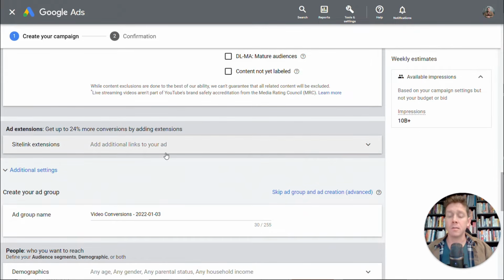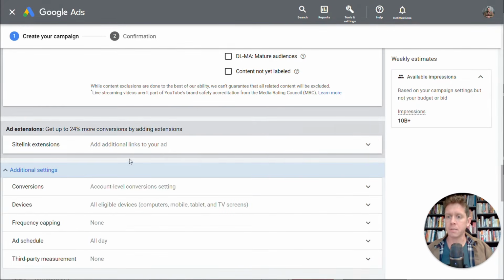Site link extensions, I'm not going to talk about in this video. You can go find my other video on site link extensions if you're interested in this. Site link extensions will not have a big effect on your campaign one way or the other, so that's why I'm skipping over them right now. Under additional settings,